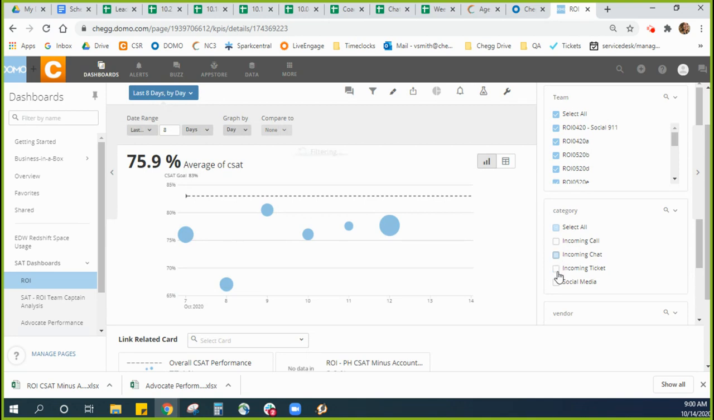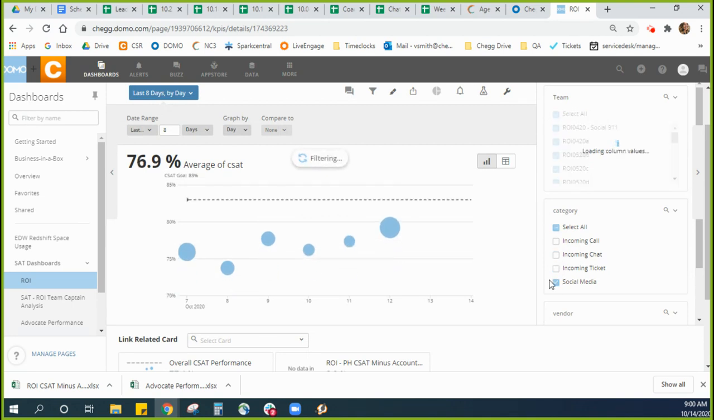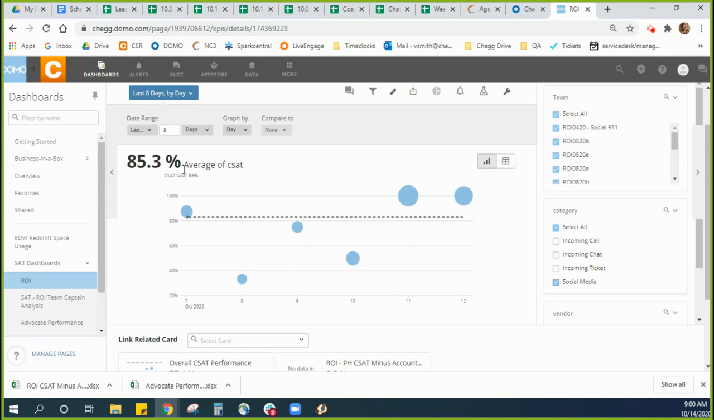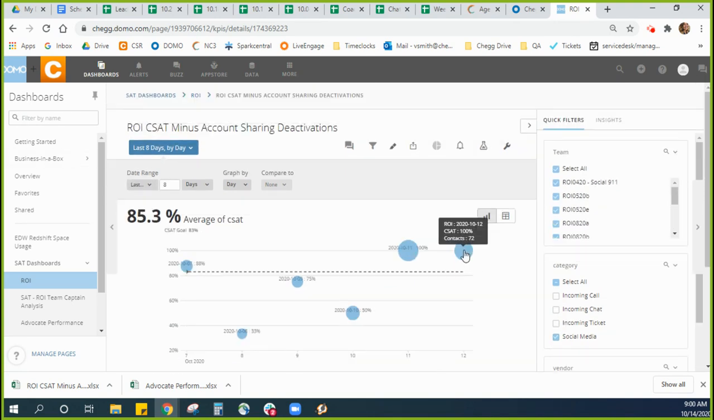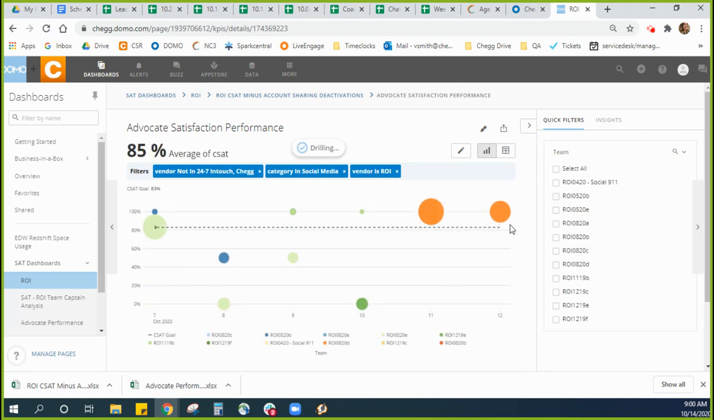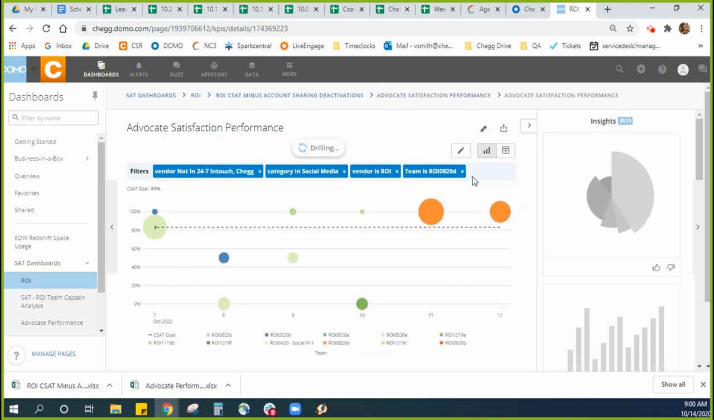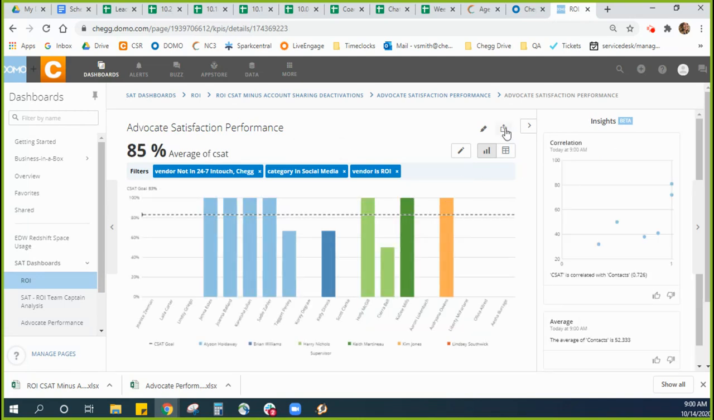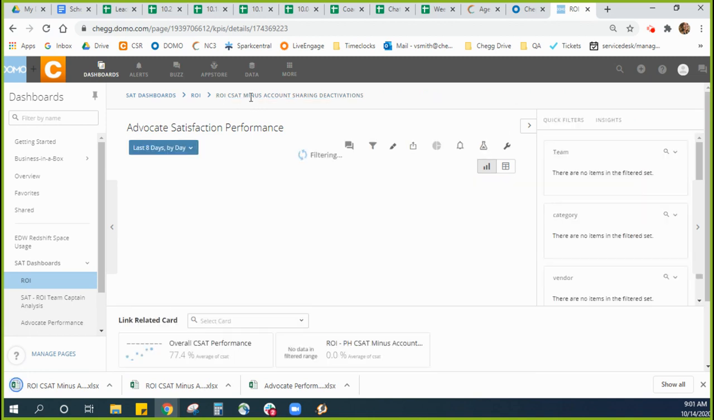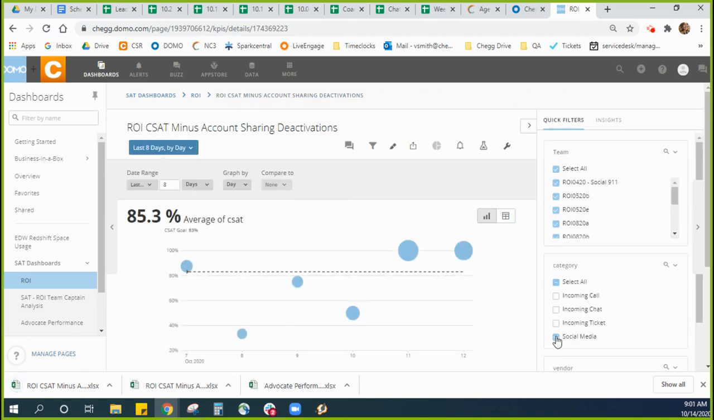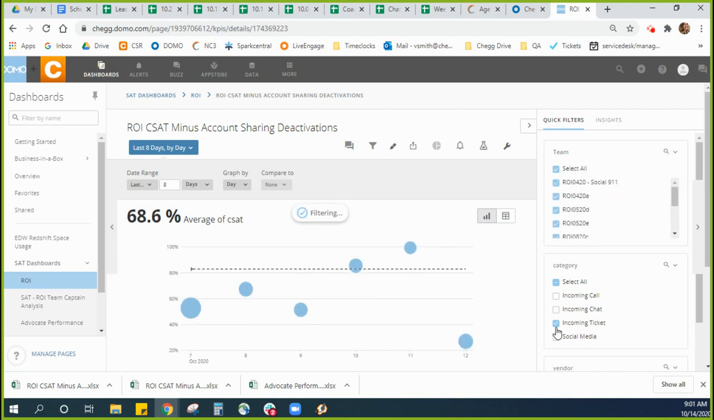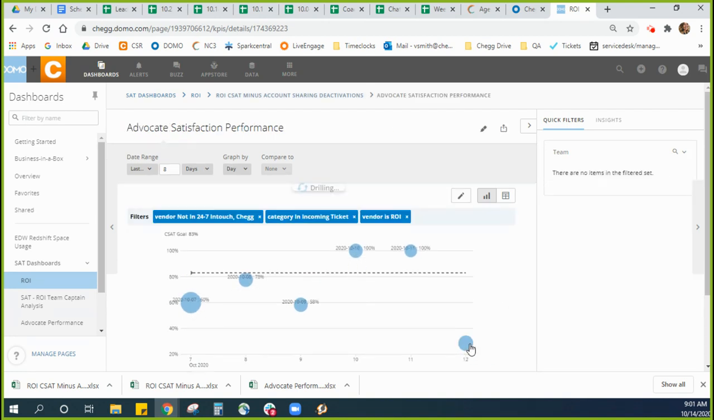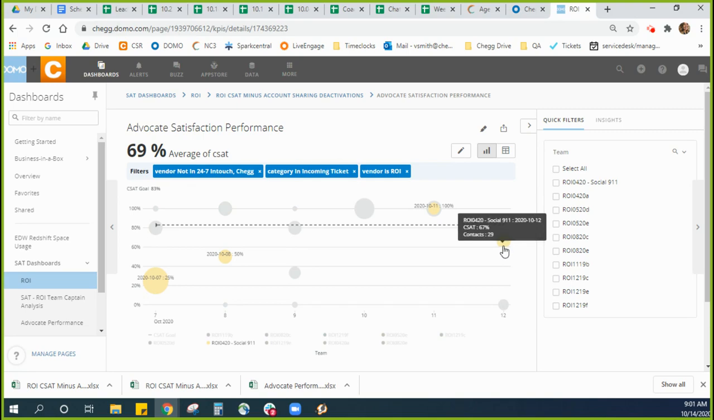I'm going to click out of chats and click into social media and do the same process. Oh, good. Social media is 85.3%. So that's pretty happy to see. I'm going to click on the most recent dot, click on the most recent class, and exit out of that filter so I can see everyone for the last 7 days who has social data. Export that. And then I'm going to go right back here and get incoming ticket. Same process here. Now nano CSATs typically are lowest